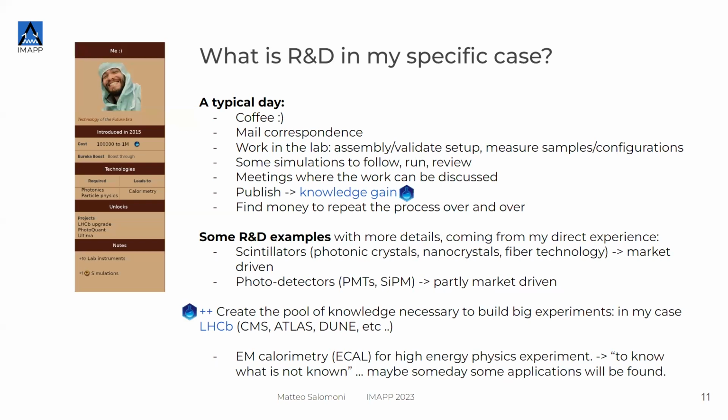It's not something complicated. CERN is not, in general, made to make money or to make products. It's more to get knowledge that we don't have. And this is the last part: the electromagnetic calorimetry that we are developing for LHCb for the next upgrade, which would take place in 3 years. This is at CERN, and is totally outside of the definitions that we found in the first slide.